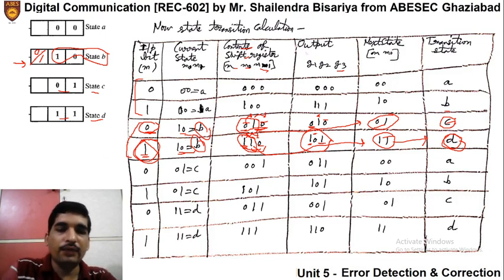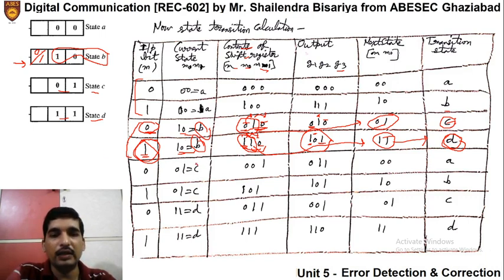Similarly, you can easily find it out by yourself that if the current state is C, that means 0, 1 are the content, then if the present input is 0, then it becomes 0, 0, 1. And if the present input is 1, then it becomes 1, 0, 1. And if it is 0, 0, 1, we will take the first bit only for G1, so G1 is 0. For 1, 0, 1, we take the first bit only for G1, so this is 1 here. We will say that XORing all the 3 bits, so XORing all the 3 bits means 0, 0, 1 XOR, we will get 1. So the second bit is 1 here. XORing all the 3 bits here means 1, 0, 1 XORing, we will get 0.